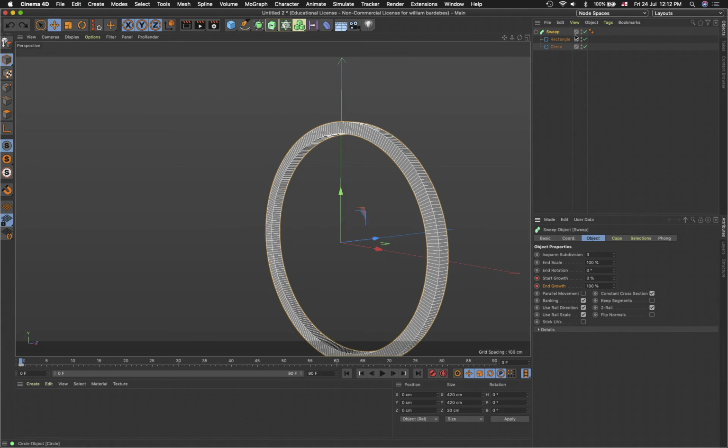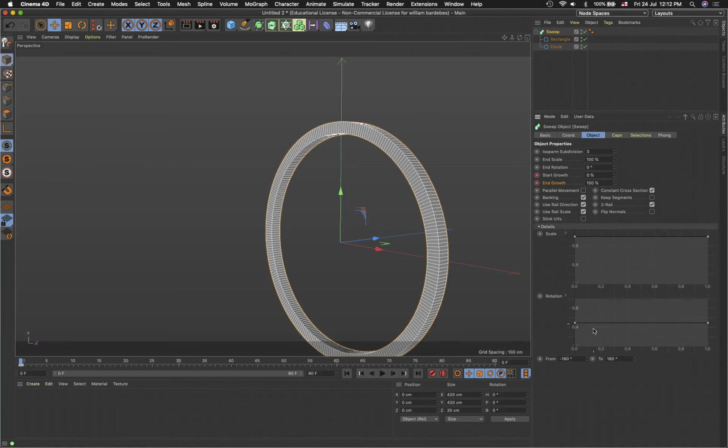If I come to the details, it's always about the details. And you'll notice this. Let me just creep this up a bit. We see here we have details for scale and for rotations. So that means,